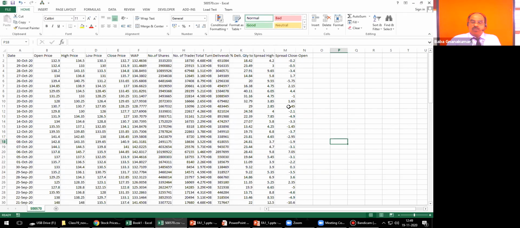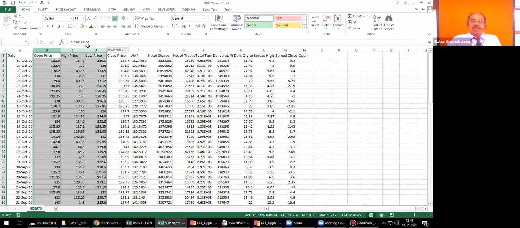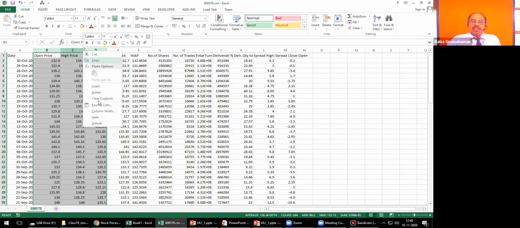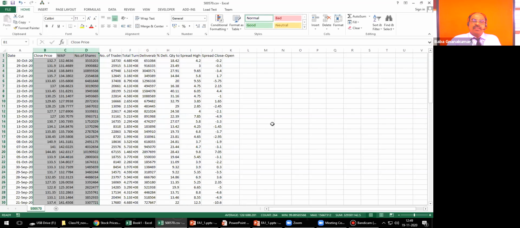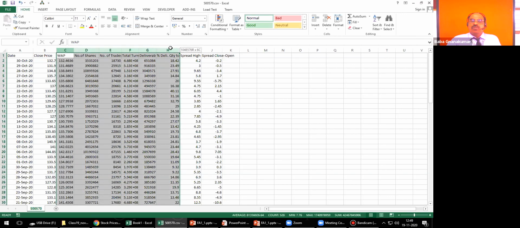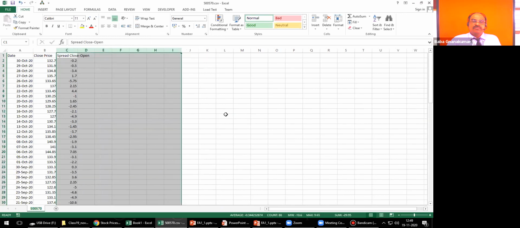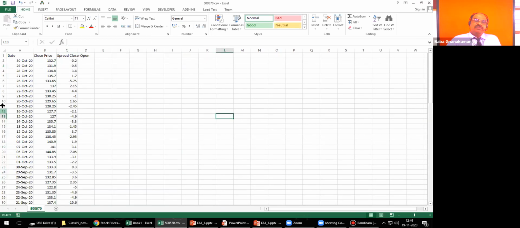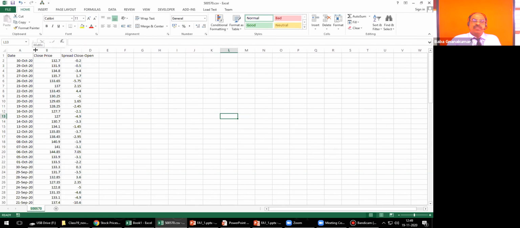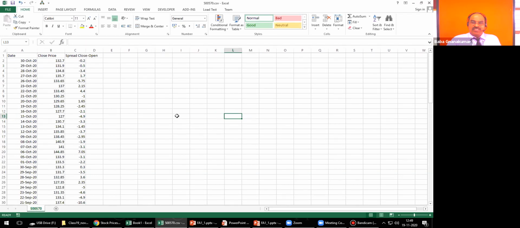Let us see what the market returns will be. I will delete the opening price and low price. Delete that one. See clearly. Then up to this I am deleting. So only these details we need: the closing price of the share, then the spread.